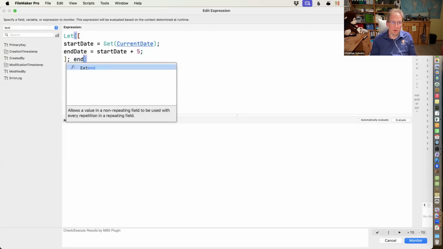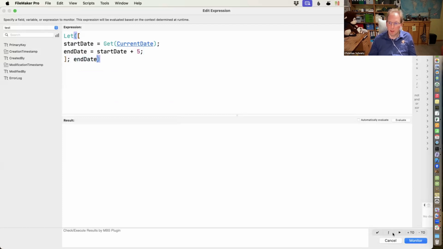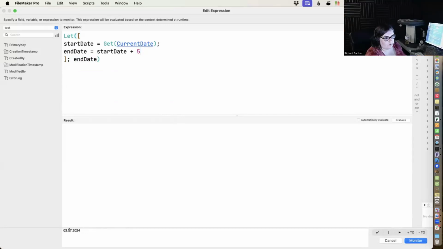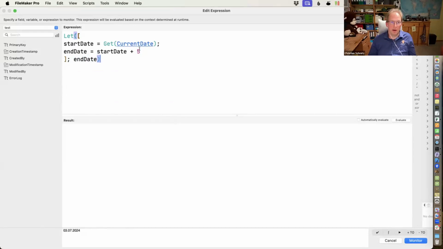Let's just check what's in the variable by running it here with the MBS list usage. So I'm in Germany. We put day, month, year. So it adds 5 days by just adding 5 in FileMaker. So I could have a list, and I could have a while loop.